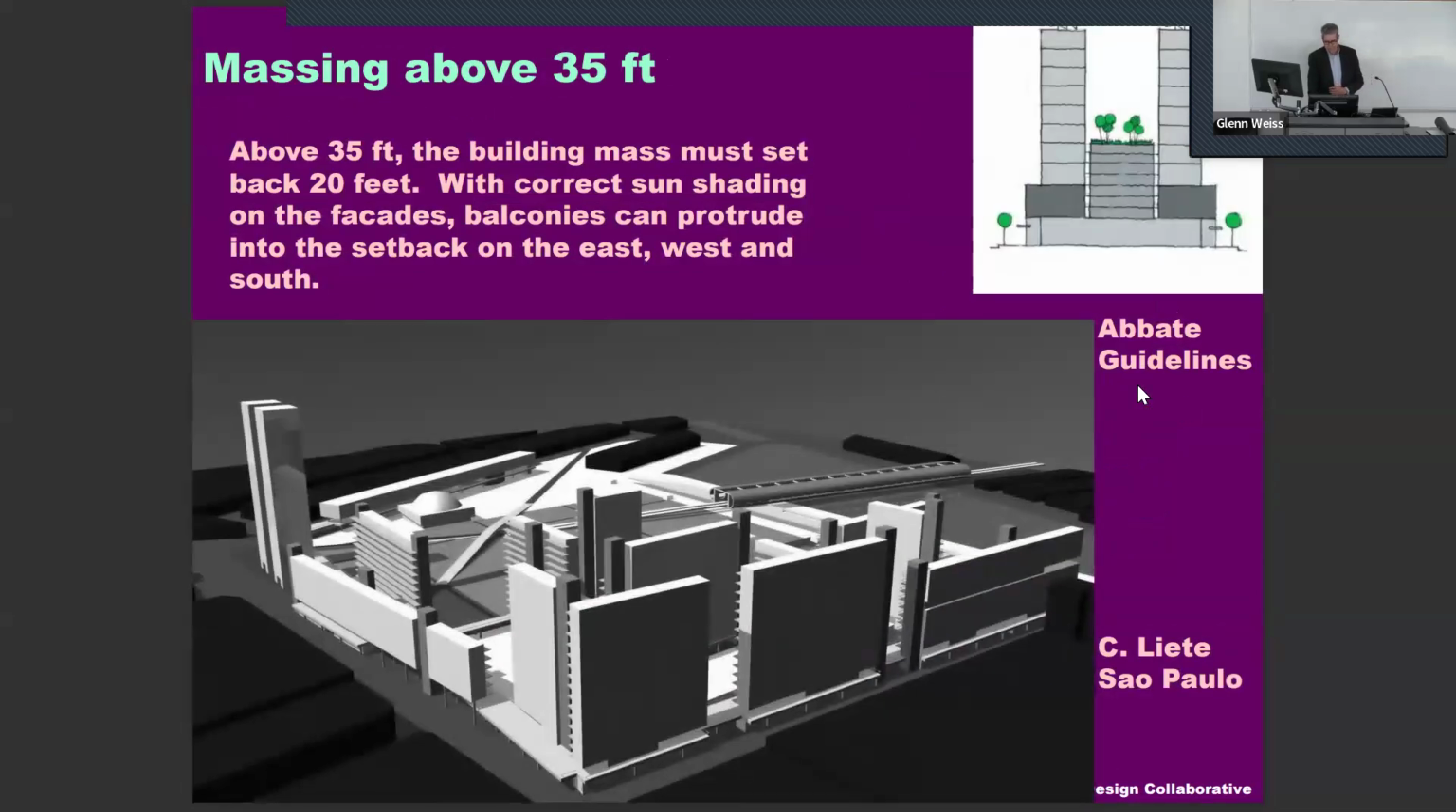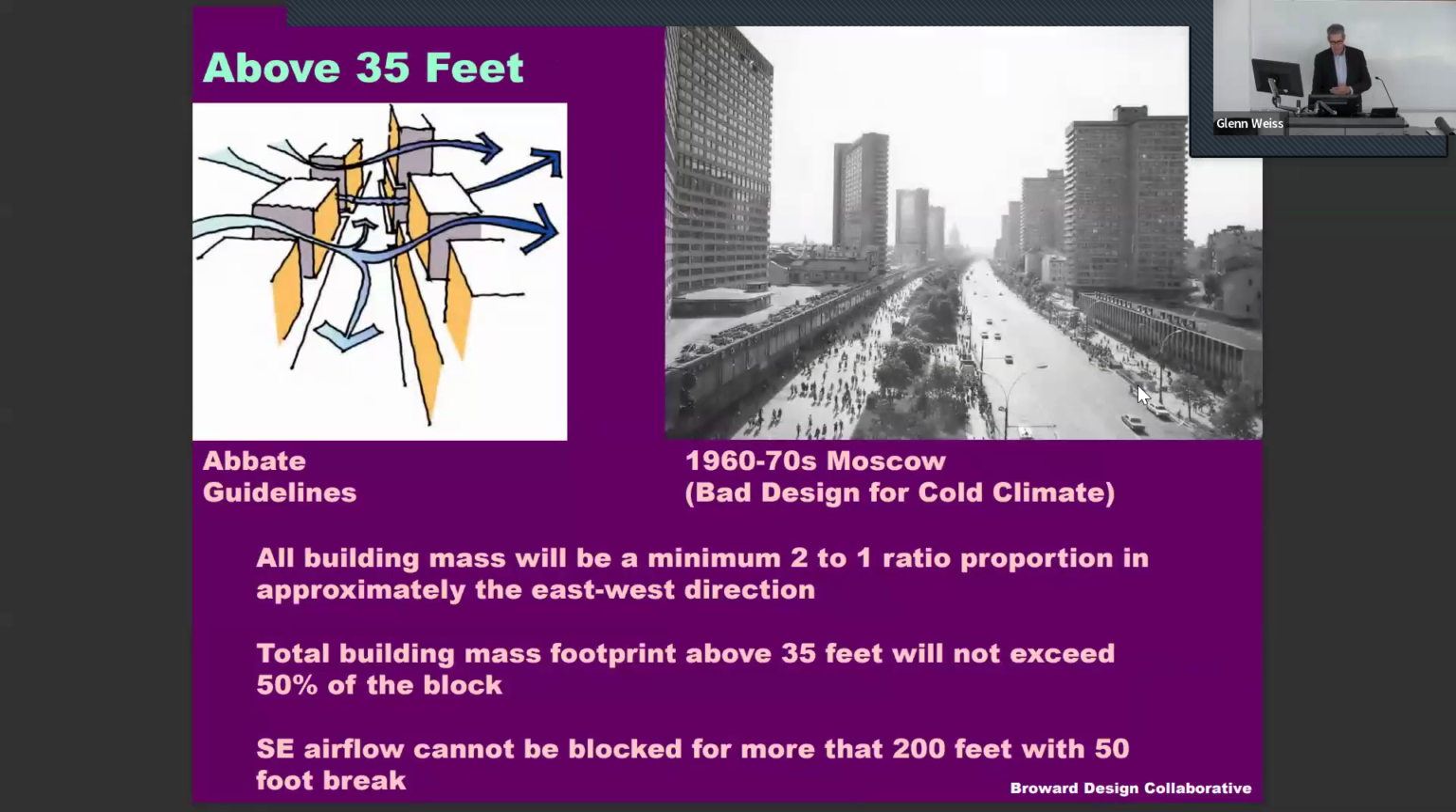This is a design by Carlos Leite from Sao Paulo, in which you see really a kind of positive view about how a city might be built. In other words, that the Corbusier Tower in the park might function very well in an urban environment because the air has lots of space around each of the buildings and can move freely throughout the space,